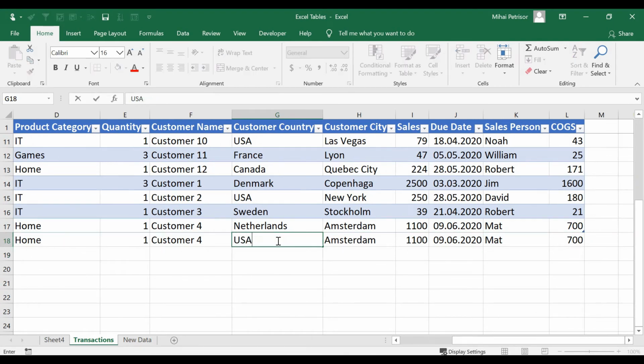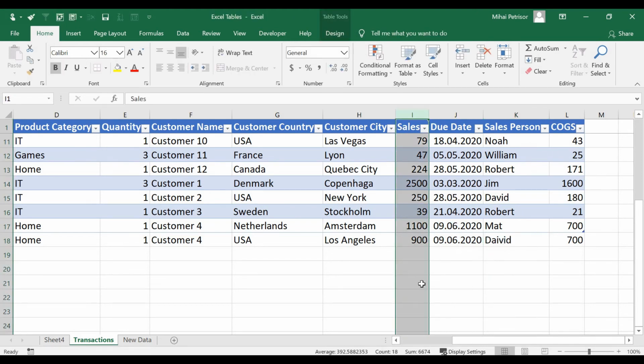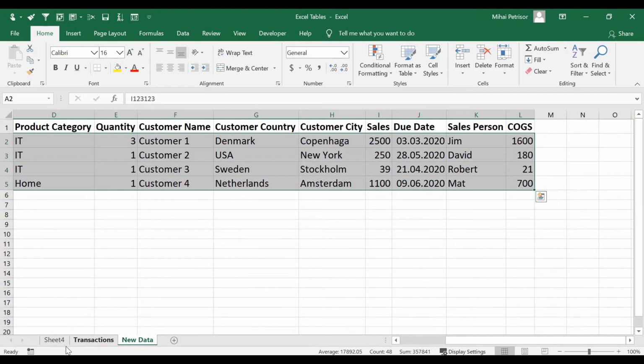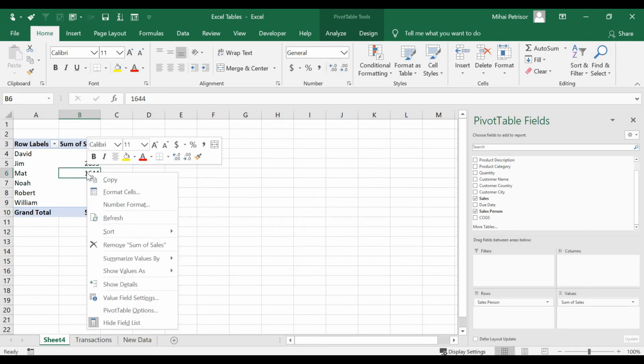Let's say USA, and we have Los Angeles, and here let's say 900, and it's David. Now, as you can see, we have a total sales of 6674, and here on our pivot table it's 5774. And now if I right click on the pivot table and refresh,